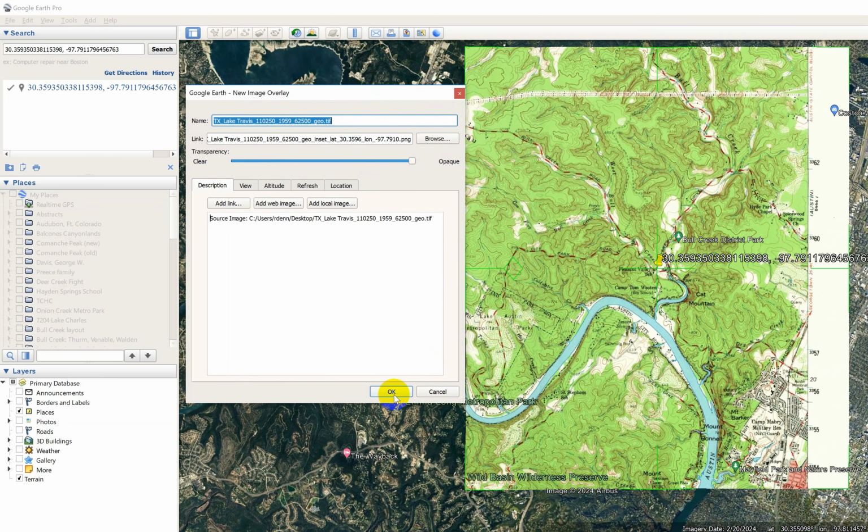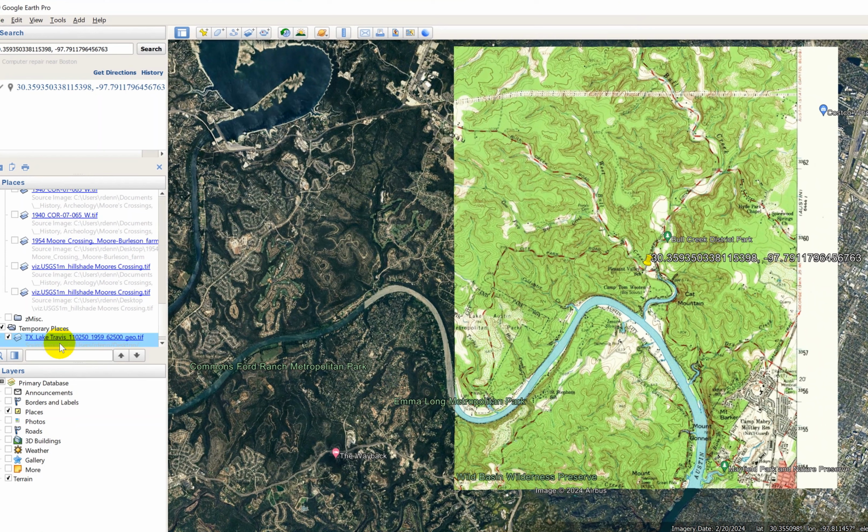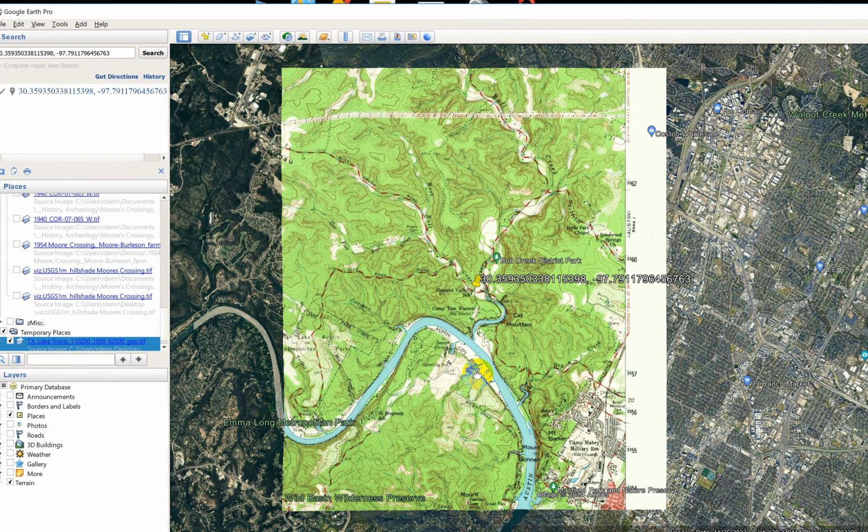I'm going to go ahead and close this now. When you import that, usually it will put the geotiff, the crop geotiff down here in temporary files. Sometimes it winds up in other areas. You just kind of have to look for it. But in this case, we've got it right down here. So what we're going to want to do is, the whole idea here is to see, well, first of all, let's,